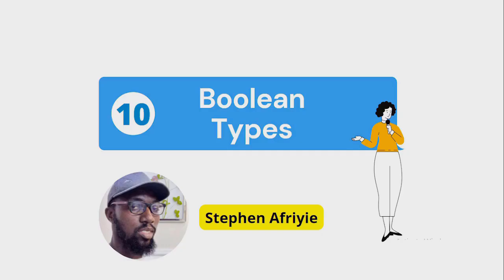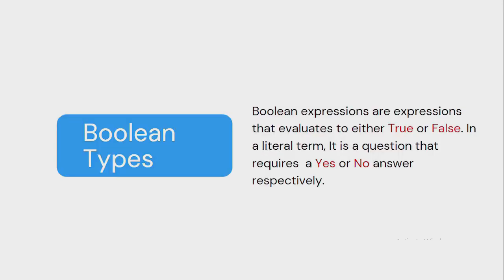In the last video, we looked at set data types. In this video, we are looking at Boolean data types in Python. Boolean expressions evaluate to either true or false. In literal terms, it is a question that requires a yes or no answer, respectively. Monkeys eat banana. It's true. Lions eat grass. It's false. So the expression would evaluate to true when it is correct, and when it is not correct, it evaluates